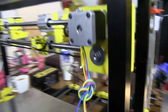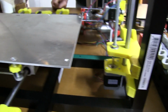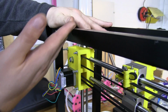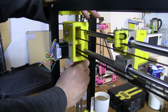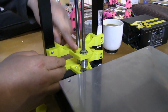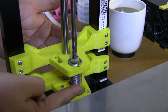And you've oriented your shafts like this. This is your drive shaft down here. Yeah, a lot of the current printers now are moving away from the motors being mounted to the top, because obviously it puts a lot of weight on them when the motors are being pulled this way. Got it. So the whole idea of what we've got here is that this part is designed to take the weight,